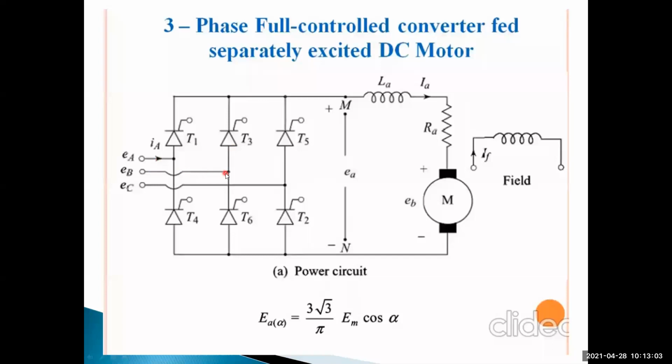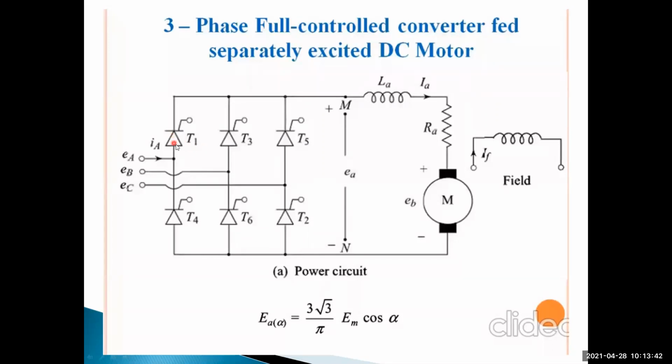Okay, positive sequence, positive side, positive peak. For the positive peak of EB, only in that case is thyristor T3 forward biased. Okay, and if the EC phase is at its positive peak, then only thyristor T5 is forward biased. Understood? That means during the forward biased condition only, we have to trigger thyristors T1, T3, T5. We have to turn them on externally by using a triggering pulse during the forward bias condition only. Am I right or not?